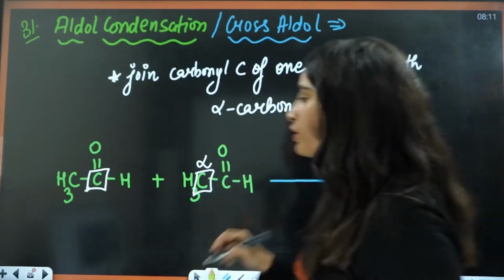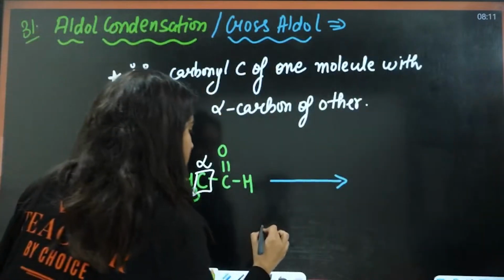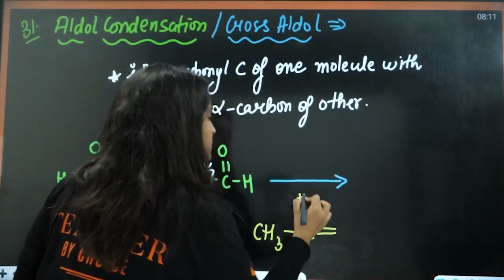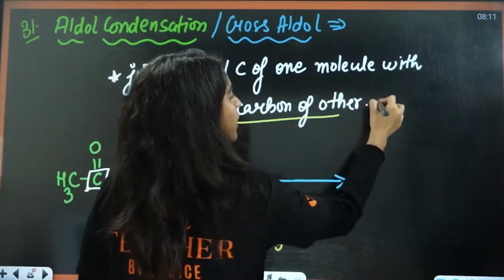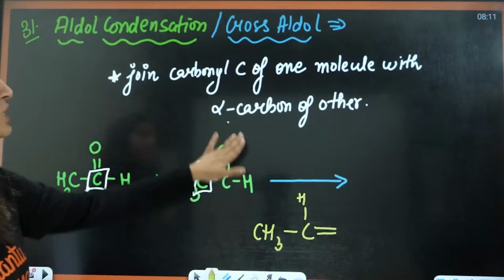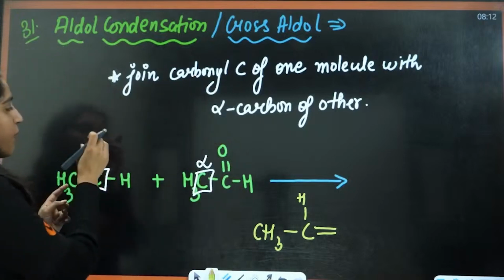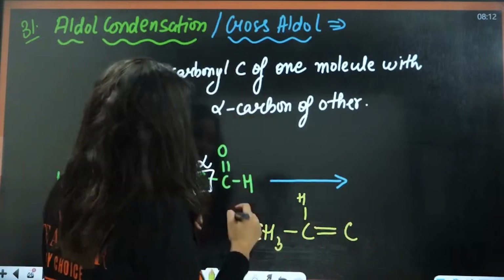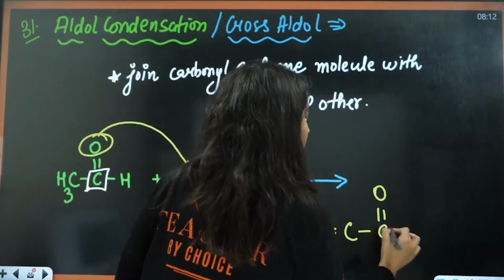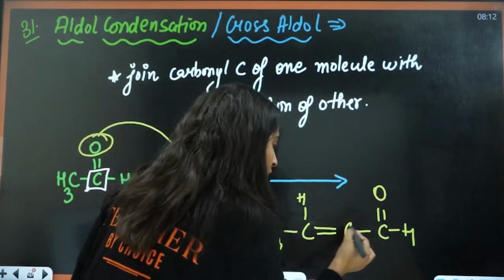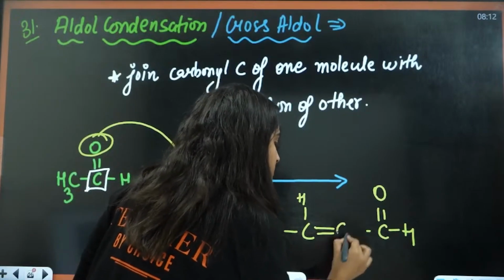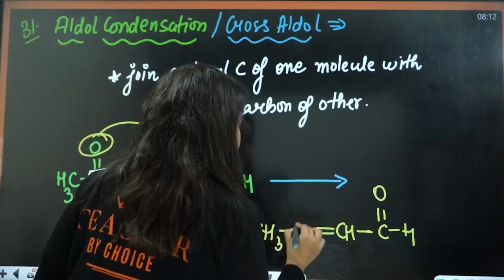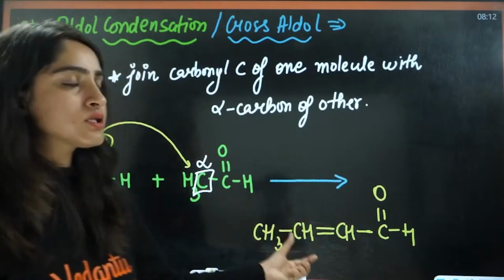So what is the product that I am going to form here? CH3, this carbon here, with a double bond. This double bond O, this O will be replaced by this carbon here. So I am writing this carbon here, and then it is connected to C double bond OH. And now fill the valency of this carbon with one hydrogen, that is CH. And you have your answer here. Okay, understood this? This is going to be the answer.